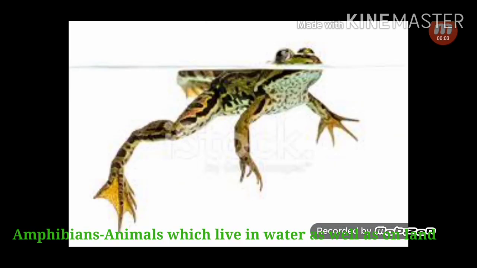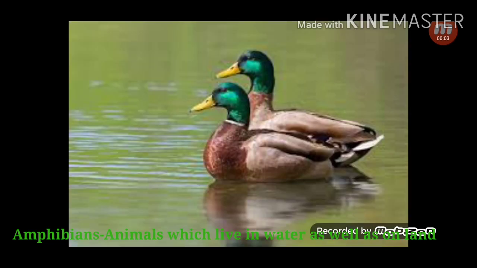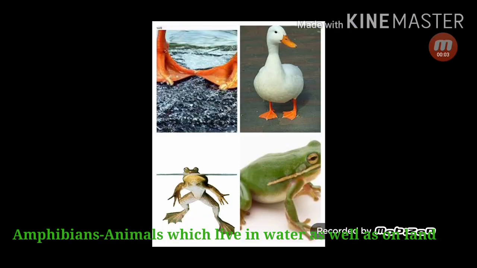Of what use are the long hind legs of a frog? When on land, the frog uses its hind legs for jumping. When in water, the same legs are used for swimming as oars. Why doesn't a duck get wet in water? Water flows off from the waxy layer of feathers and thus the duck does not get wet even in water. As the frog and duck have webbed toes, they can use their legs like oars.